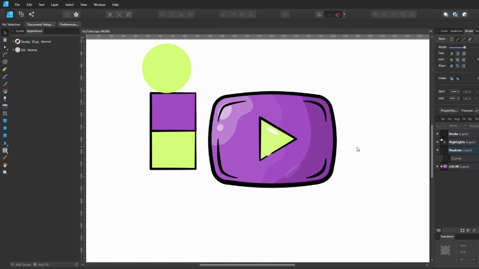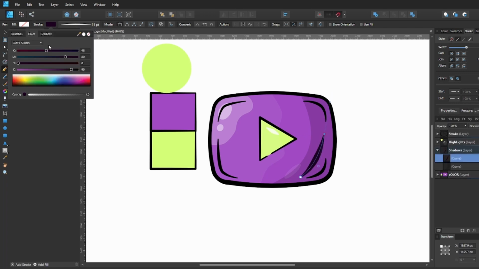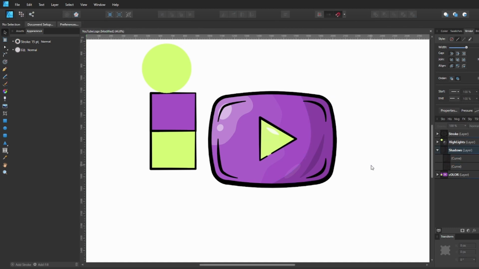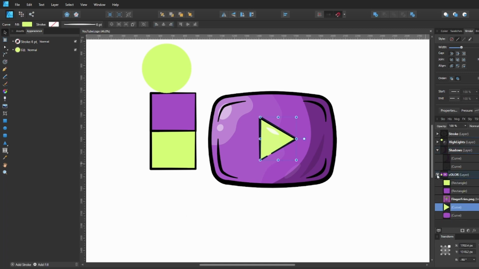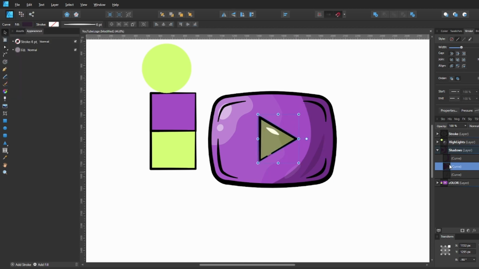And then so now we're gonna go ahead and just make some shadows and make a rectangle, and then just go ahead and make a darker version of that color itself, and then lower the opacity, and then we're gonna go ahead and add another detail, another shadow, just more detail in there. Just add a stroke, do the same thing, the same color of the play button, just make it dark and lower the opacity, and put it underneath the first